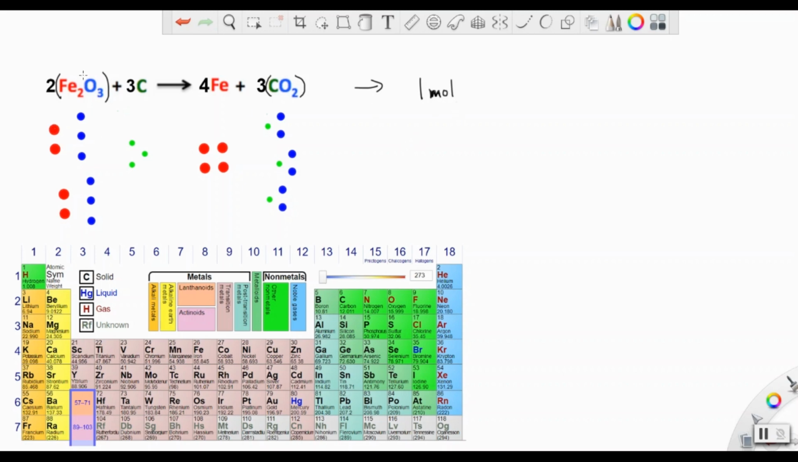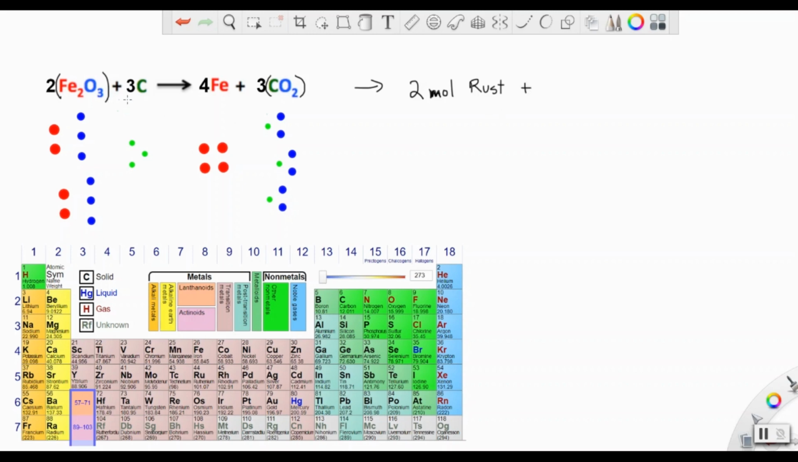right? 1 mole of rust is not enough. Actually, I put 1 there. I should put 2 there. 2 moles of rust, that's enough. You can write it out like this, but for shorthand we write like so. 2 moles of rust